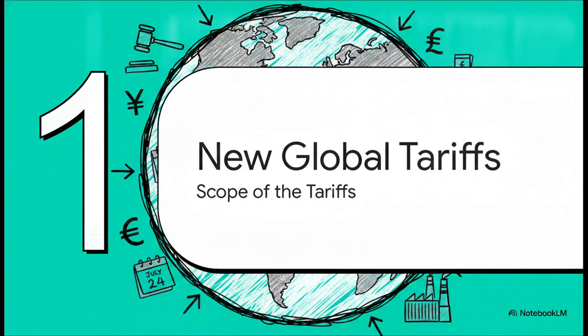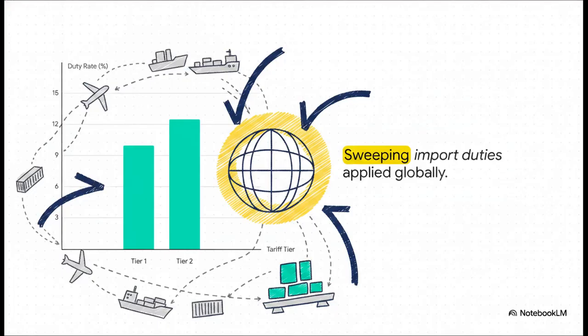So, Section 1, the new global tariffs. Let's look at what actually happened. Back on July 24th, the Trump administration officially dropped some sweeping new import duties. We're looking at two specific tiers here, 10% and 12.5%. Now, these aren't your typical surgically applied duties on, say, a couple of niche tech products. No, these percentages apply to nearly all U.S. imports from the targeted countries. It's a blunt instrument, and it instantly rewrote the math for businesses importing goods into the states.